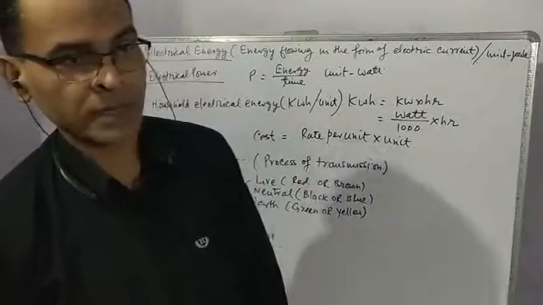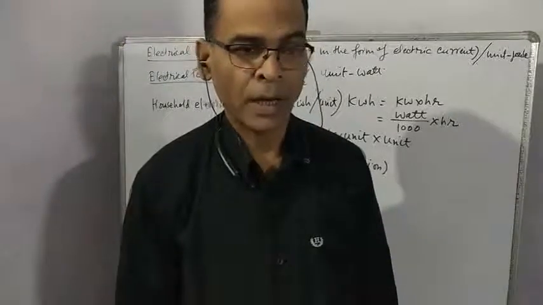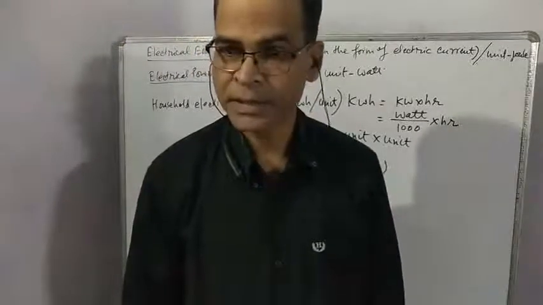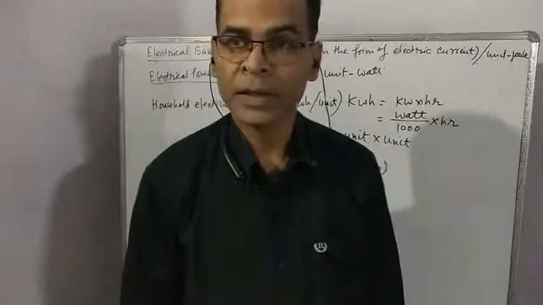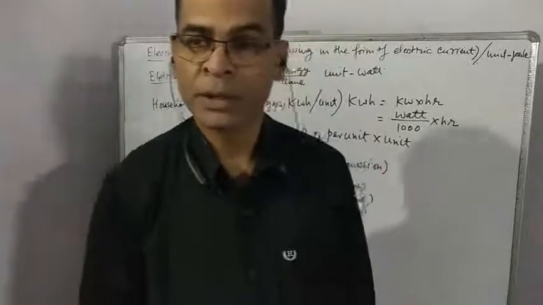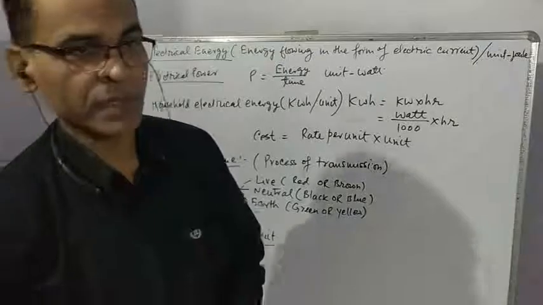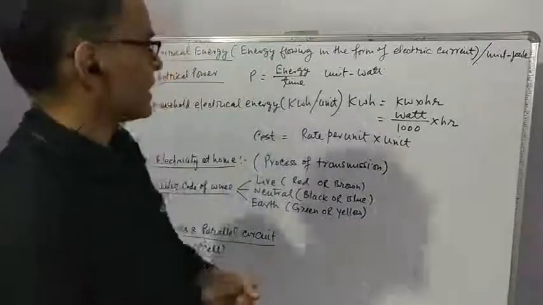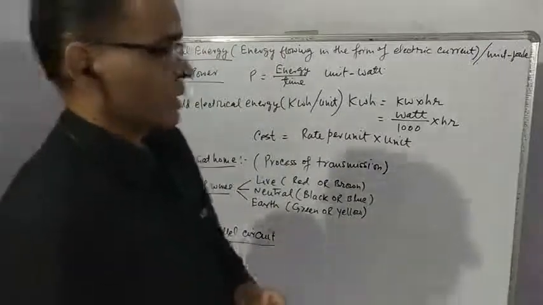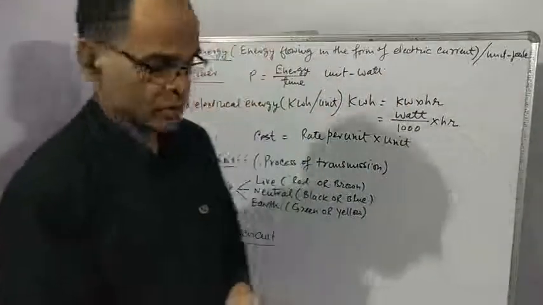If you connect a wire to a fan, bulb and other devices and gadgets, you see that your gadgets start working because they get electrical energy. So energy which flows in the form of electric current is called electrical energy. Like other energies, the unit of electrical energy is also joule.